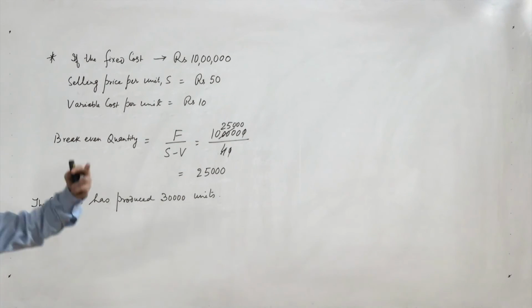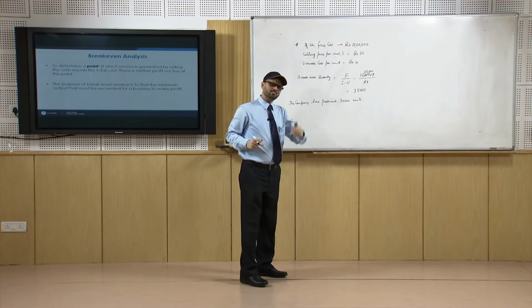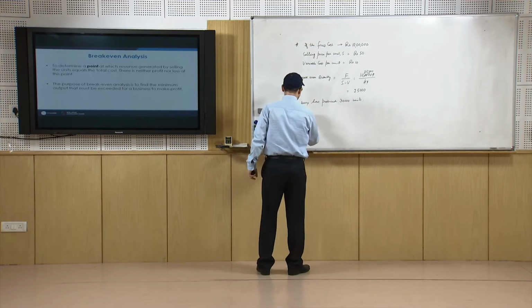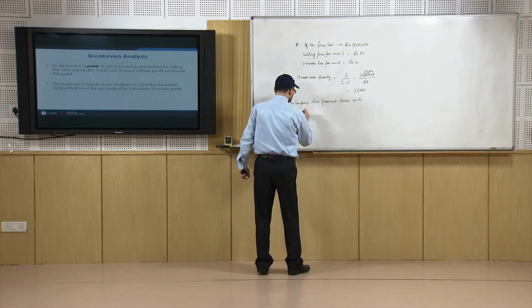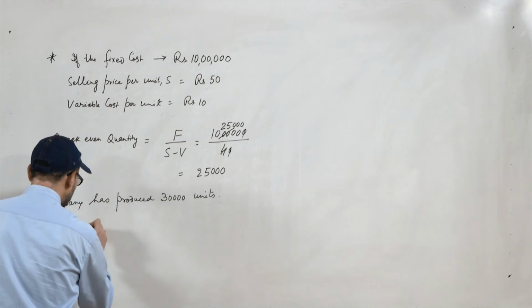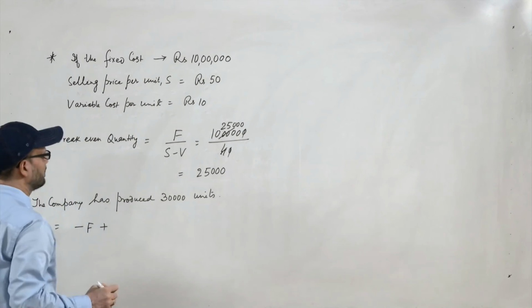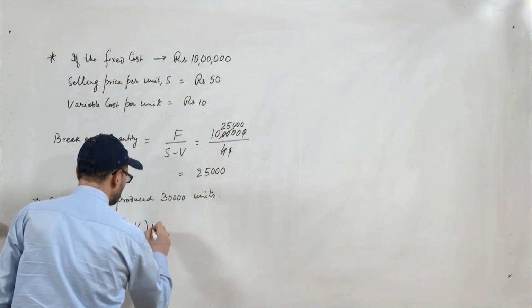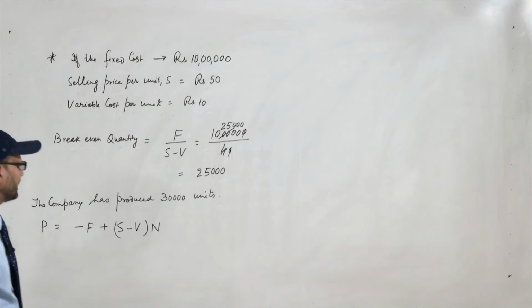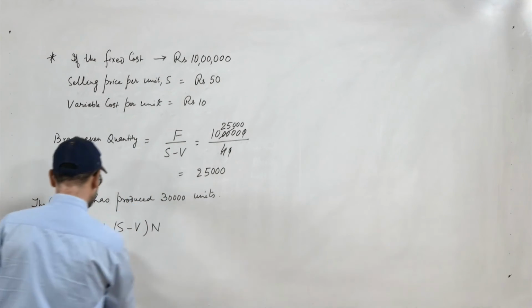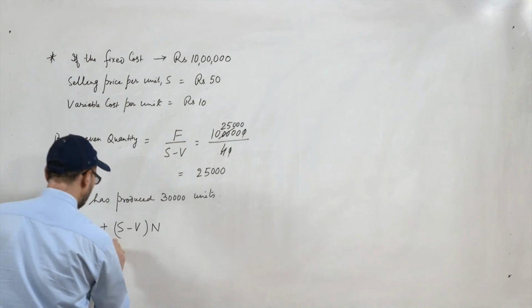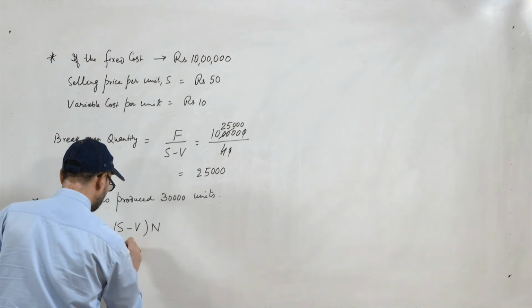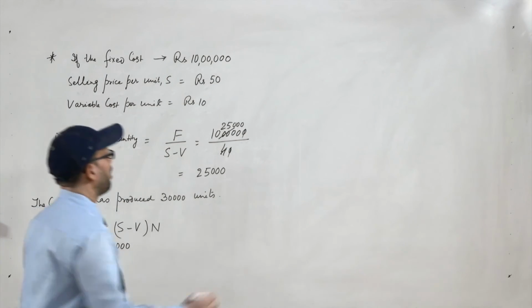So, we can recall the profit volume function. P is given as minus F plus S minus V into N. Now, in this case N is 30,000. So, profit will be,